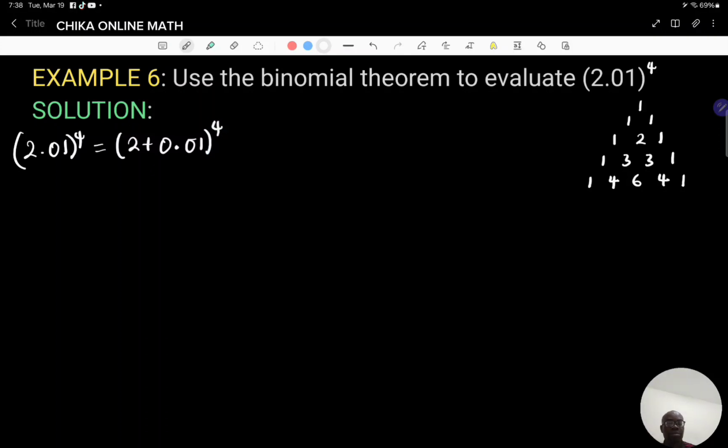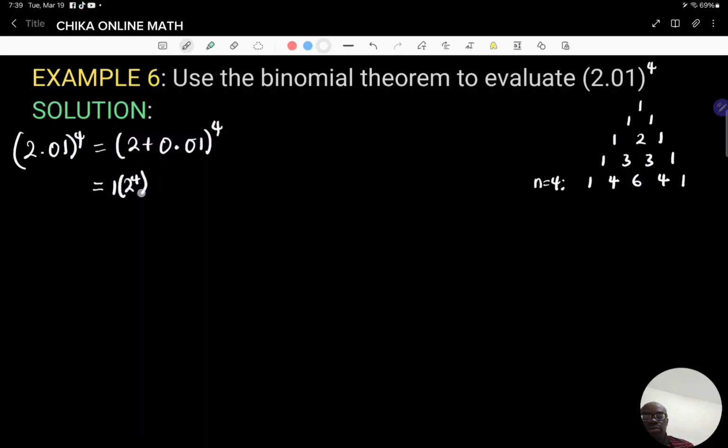The Pascal's triangle coefficients for n equal to 4 are 1, 4, 6, 4, 1. So if you substitute it here, you have the first coefficient, which is 1,